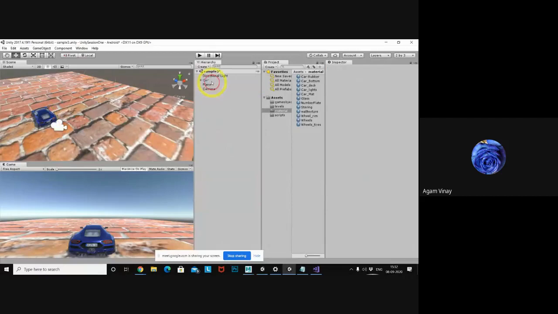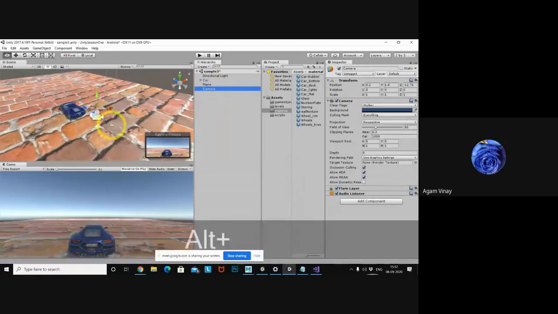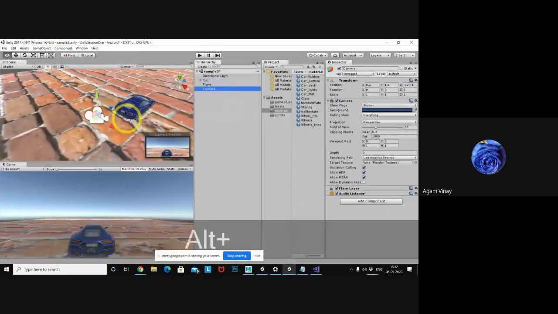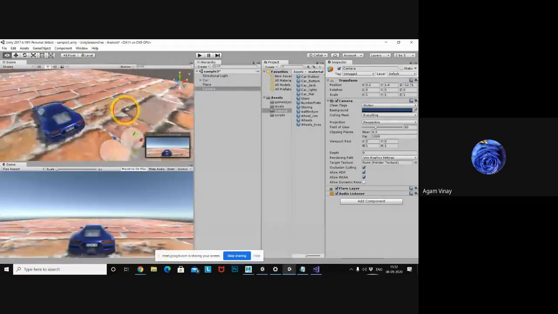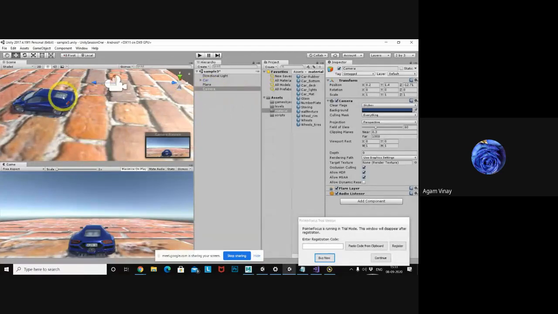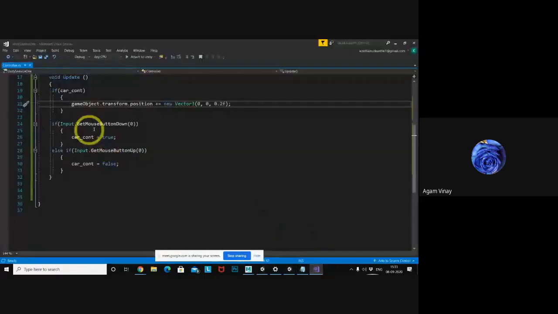No. Actually, what happens? I just drag the camera into the car because the camera has to follow the car, right? So the camera has one script. It will follow the car automatically. I didn't write it so far because I'm just explaining the basics. The car is moving left, right, whatever the direction it will move. The camera has some script, so it follows the car object. So we can say like this.